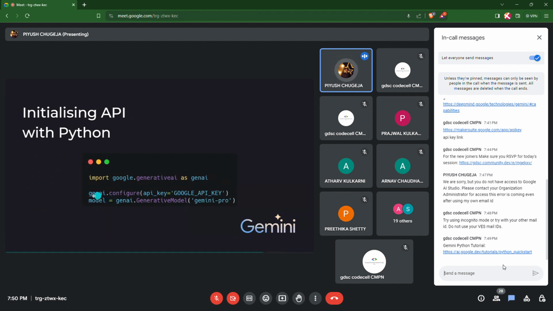After this particular step is done, after configuring genai is done, we get access to Gemini Pro. Now, Gemini comes in three sizes: Nano, Pro, and Ultra. Gemini Nano will be used for mobile applications, for small applications which won't have heavy usage. You won't need any heavy processor to run Gemini Nano, so that it can be embedded into certain systems such as mobile applications, smart watches, your earbuds as well, etc.